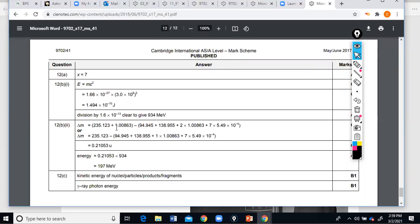And then here's when I looked at it earlier. I was like, yeah, that's the way we did it, right? We took this as the left side and then subtracted away everything on the right side. But the other way to do it is to just forget about this neutron and see how instead of 2 times the neutron mass, they have 1 times the neutron mass. So they just cancel out a neutron on each side. And that's the answer we get. And then we're able to show that it's,